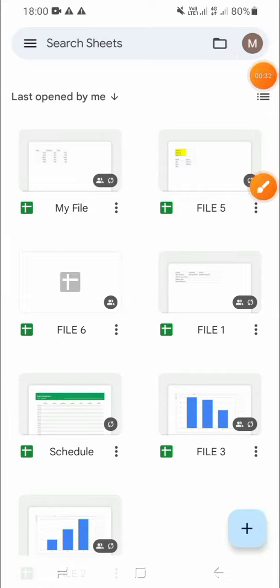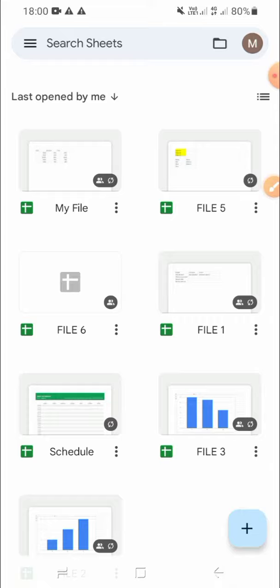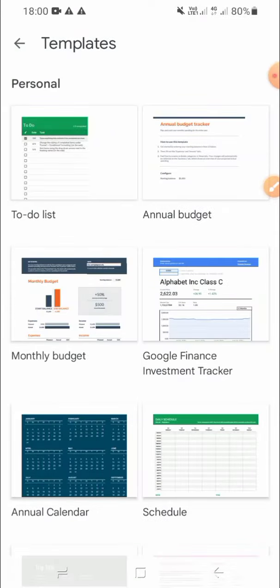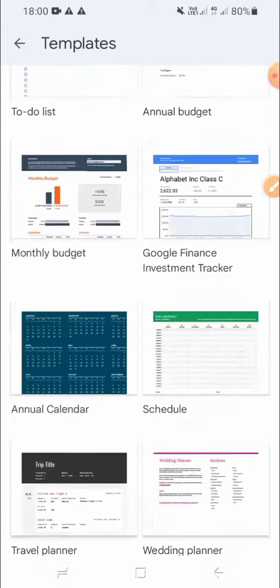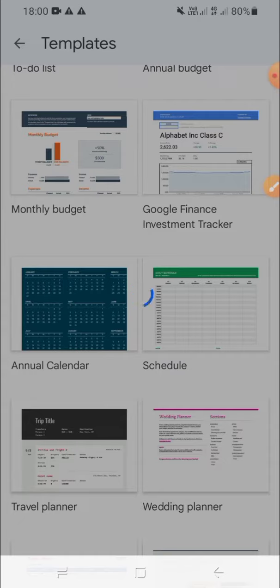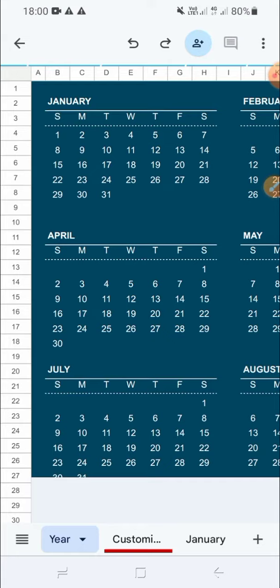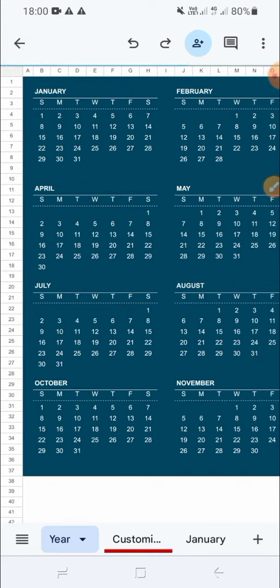You have to click the plus icon, and then you can choose the template. Okay, choose the template. And actually, there are a lot of templates here, and we have to choose a calendar, annual calendar. You have to click annual calendar. Okay, hold on. Okay, this is your calendar, and you can customize the theme